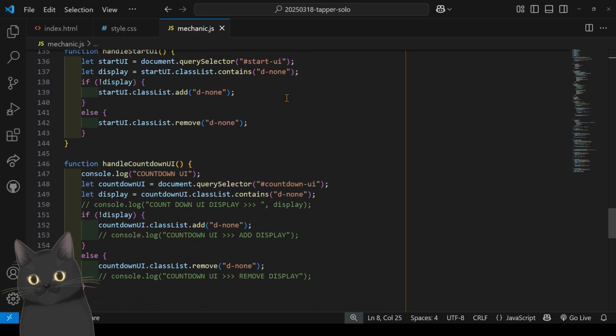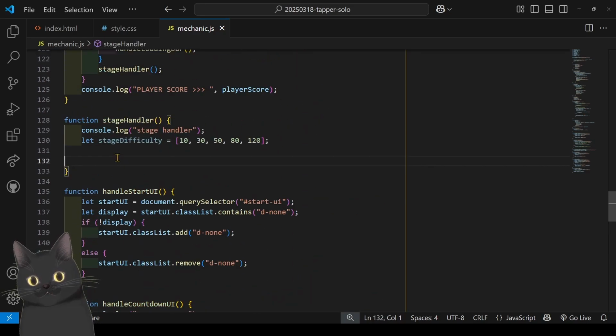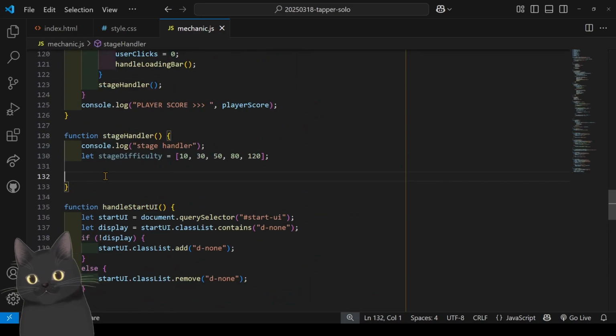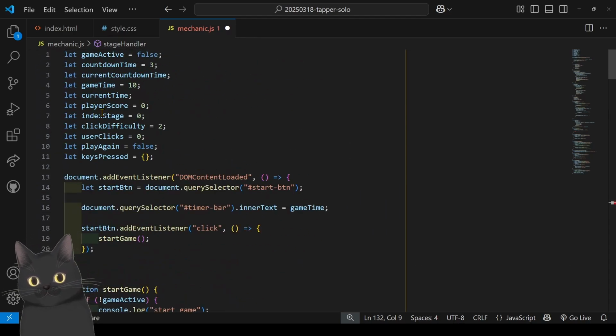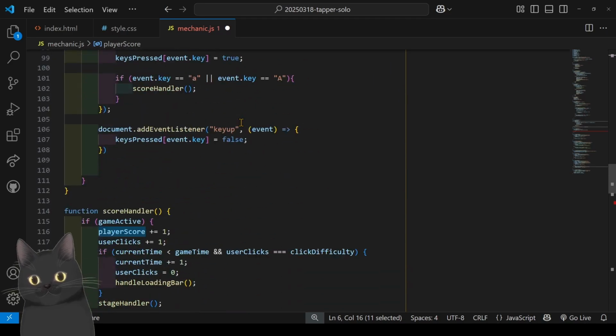This will make the handling of the stages easier. Okay, so we'll check. We need to check if, what was it? Current score, or is it player score? Player score? Yeah, player score. If player score,